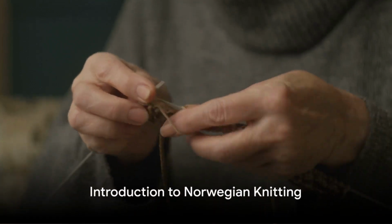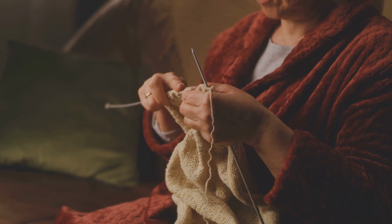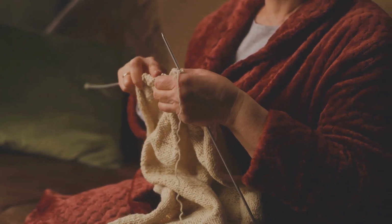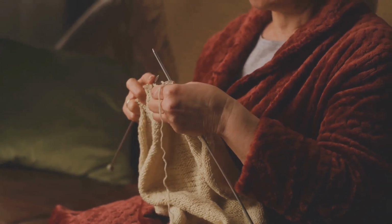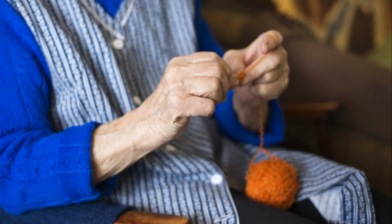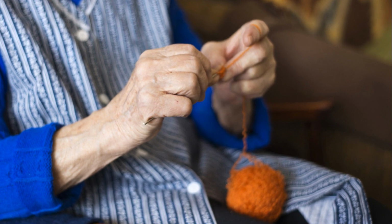Ever wondered about the history and techniques of Norwegian knitting? Welcome, friends, to a journey through time and wool into the heart of Norway's rich knitting tradition. This craft, steeped in history, is more than just a means to create warm clothing for those chilly Nordic winters. Over the centuries, it has evolved into an intricate and treasured art form, celebrated worldwide for its unique patterns, designs,